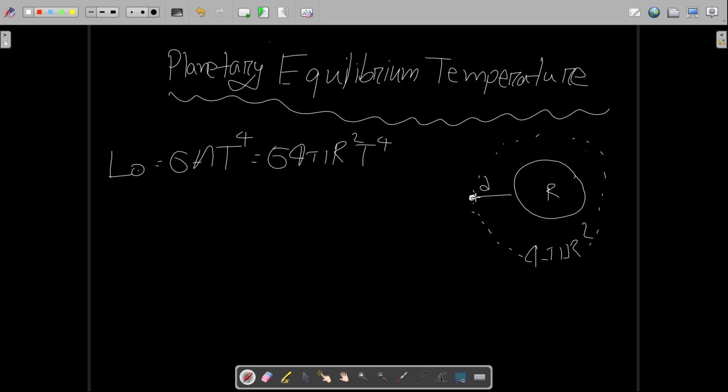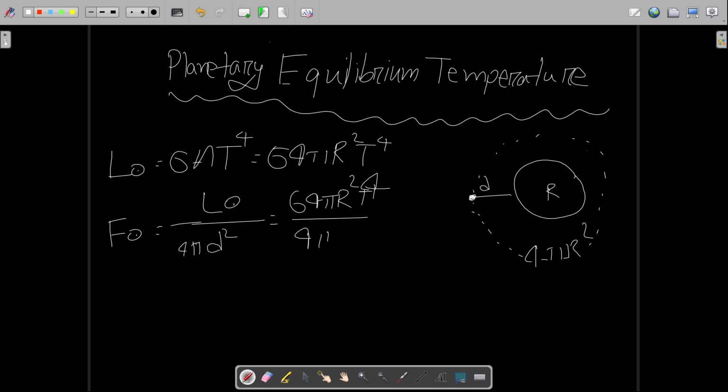Because it's being dissipated over a sphere with a radius of d. So let's say the flux will be the luminosity divided by the surface area of that sphere, which should just become 4 pi d squared. The 4 pi's cancel out. We are left with